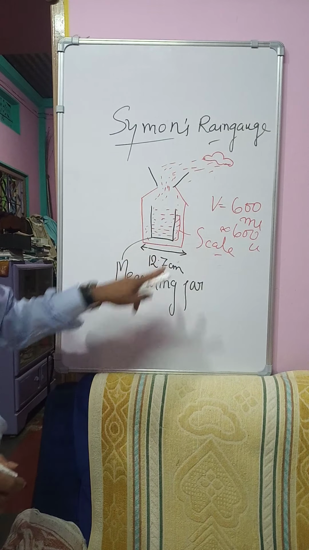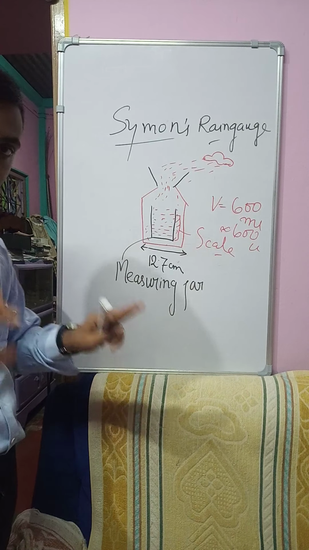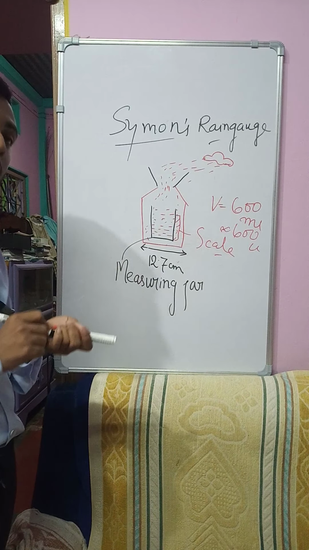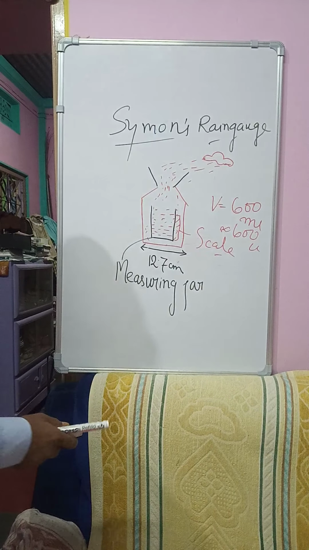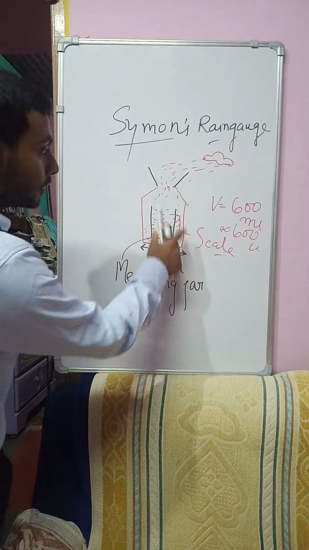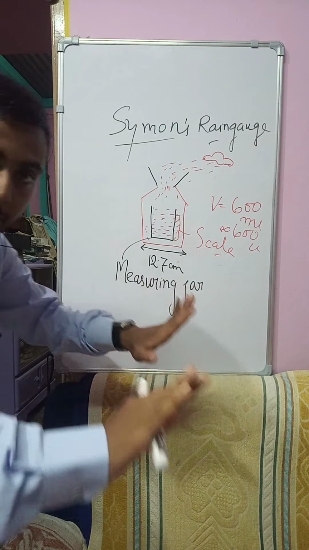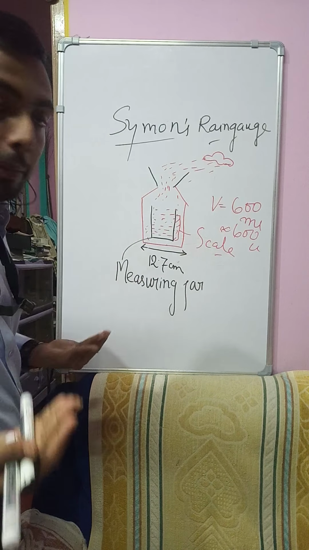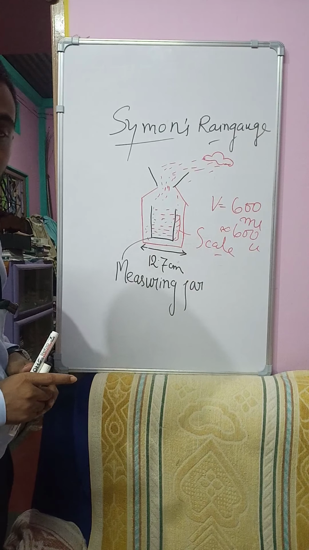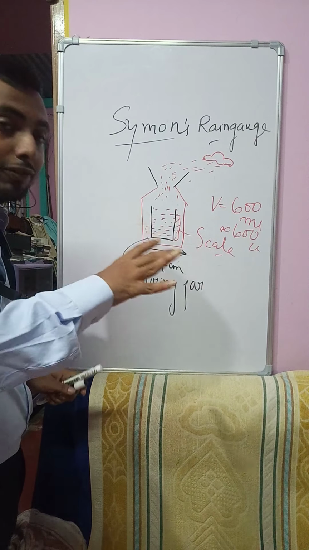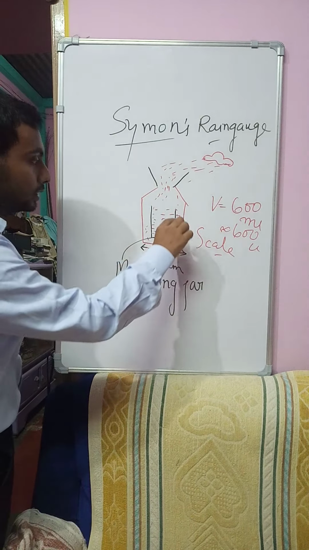This 12.7 centimeter should not be given in the question. First of all, this is common information. We should all know that the diameter of the cylindrical vessel of the CMOS rain gauge is 12.7 centimeter. But here, which diameter are we dealing with? The whole diameter. But to find the depth of rainfall, what is the formula?